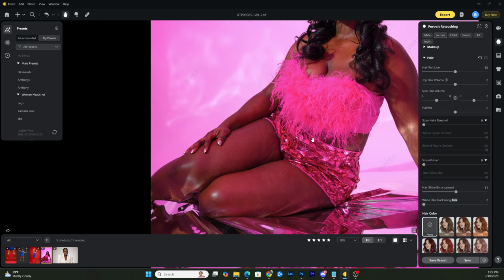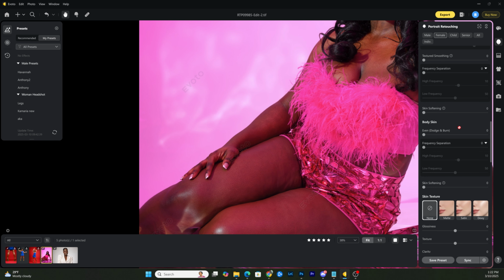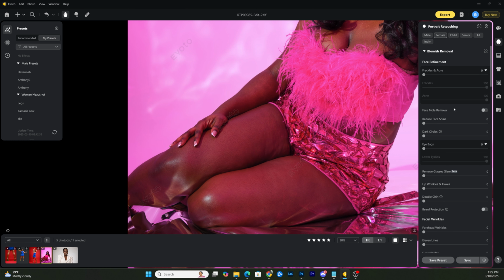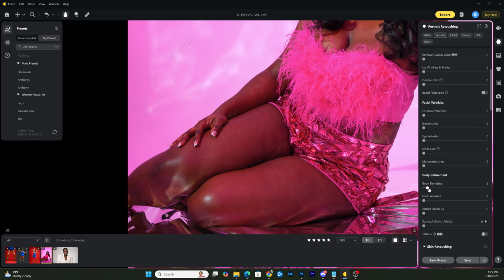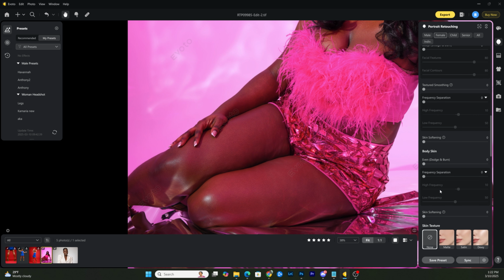But one thing I really do like is I actually edited this photo before as well, just took everything off, but the hard part was getting some of this body edited, right? So let's just jump into that as well. We're gonna go with just the body blemishes. I'm gonna push that up like I usually do, and before, this is pretty much all that I would get, right? It would go from something like that to something like that, but because now we have this even dodge